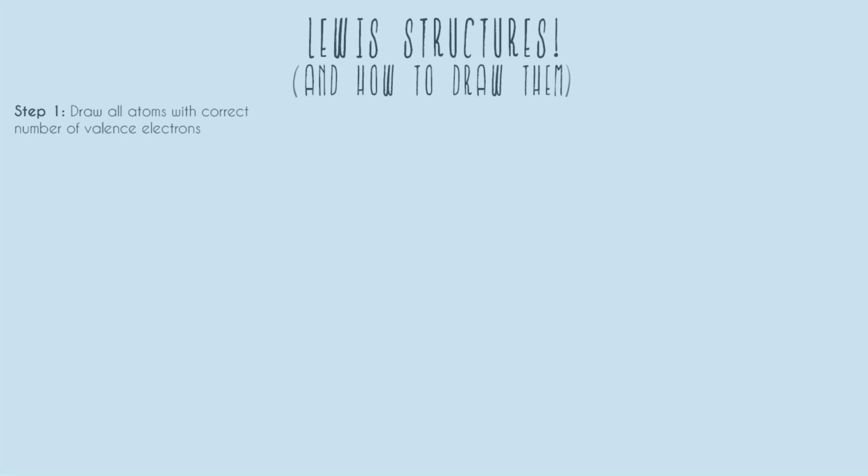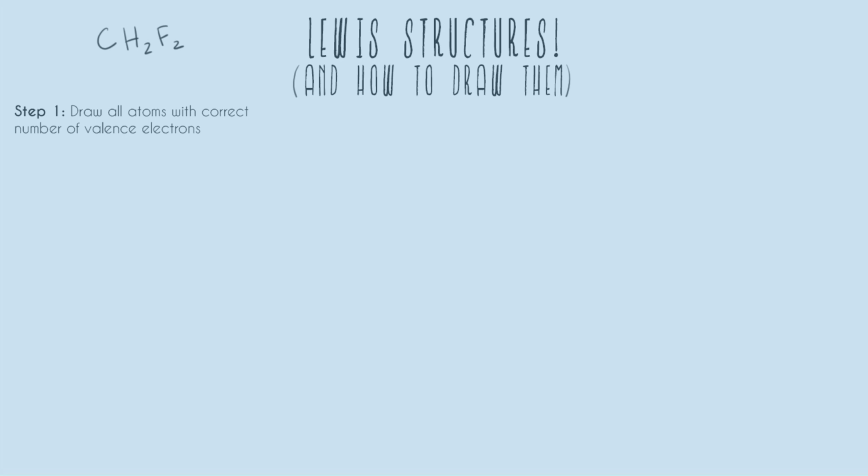In this video, I'm going to go over how to draw Lewis structures. And so we have 5 steps we have to follow. Step 1 is draw all atoms with correct number of valence electrons. And I'm going to start off with drawing the Lewis structure of this molecule,